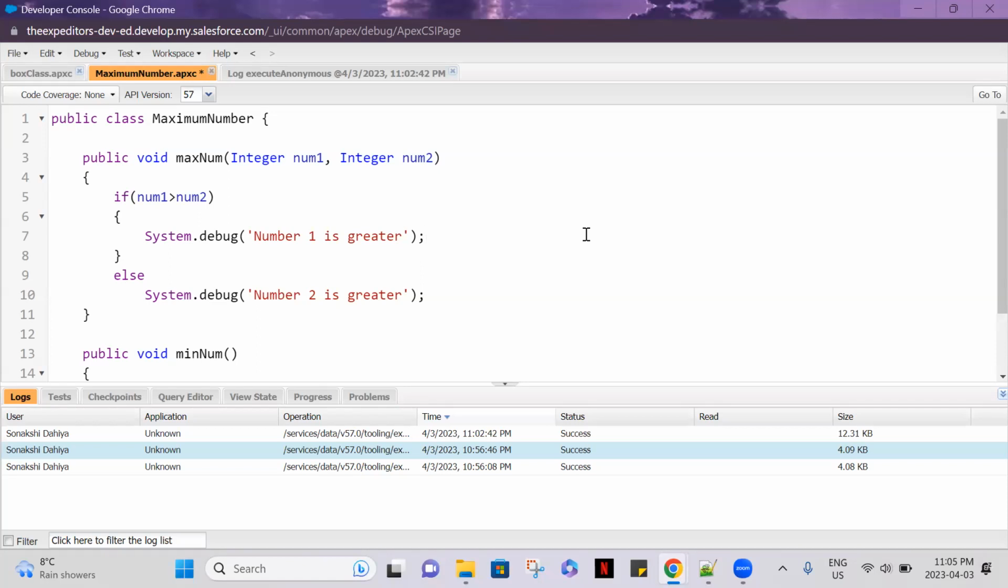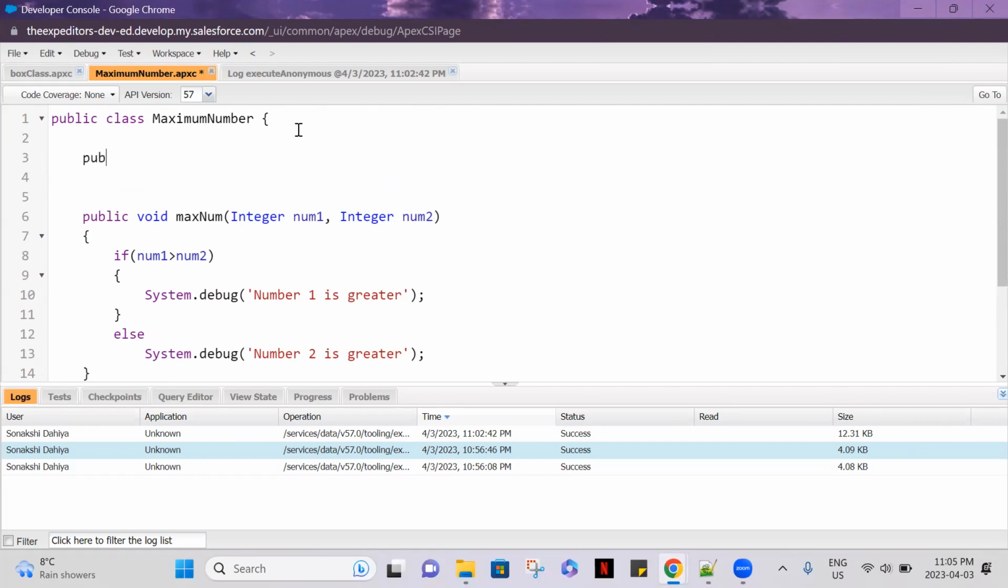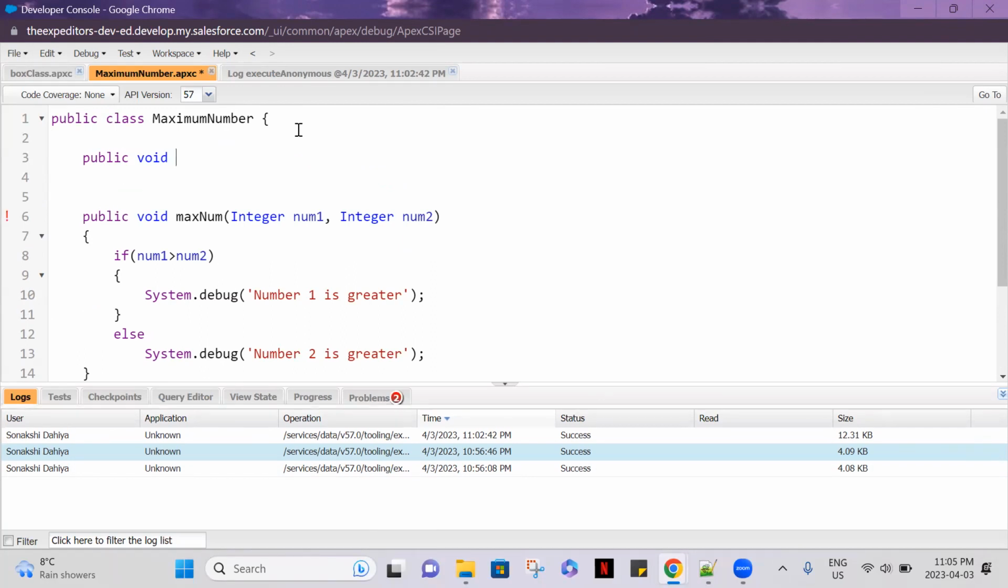How do we create it? Create one more method, public void, give it any name, max numbers, and in the bracket define list, put the less than and greater than sign. Inside it,